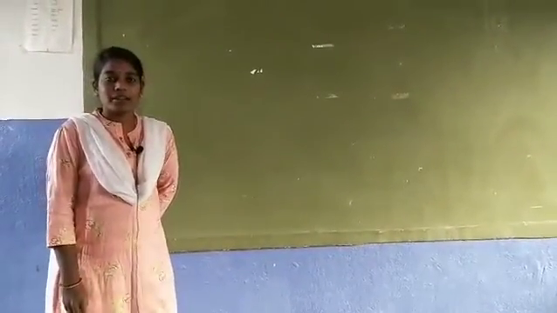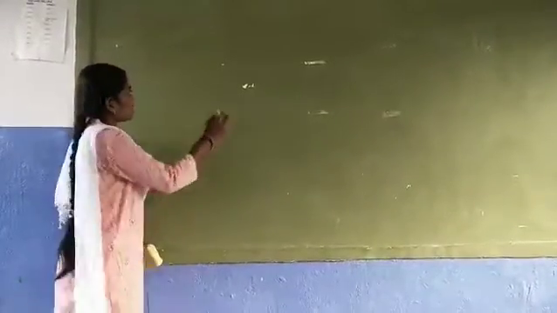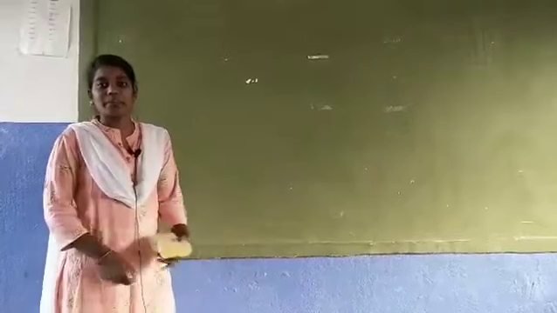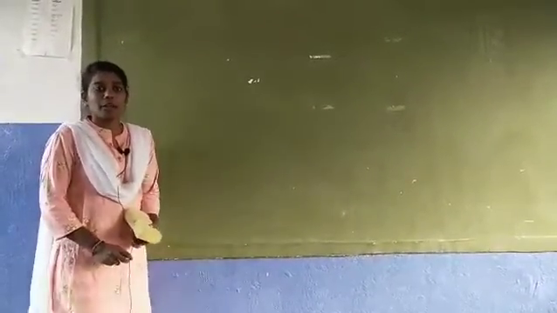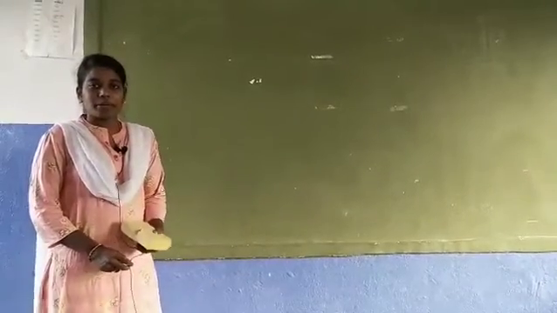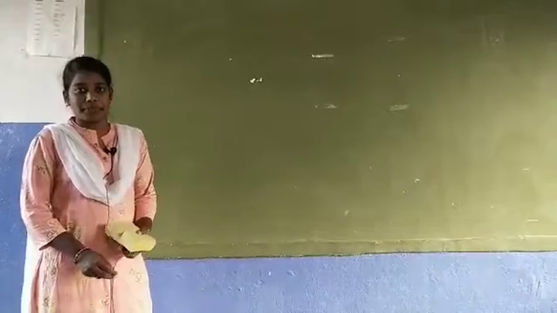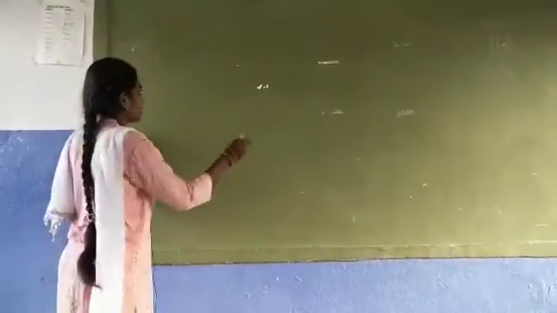Hi children, today we are going to discuss the next topic. Let's just revise our previous topics. In the previous topics we discussed the place value system, the Indian place value system and the international place value system, numeration and notation, predecessor and successor, expanded form and standard form. In that, we have a relation between the international and Indian systems.